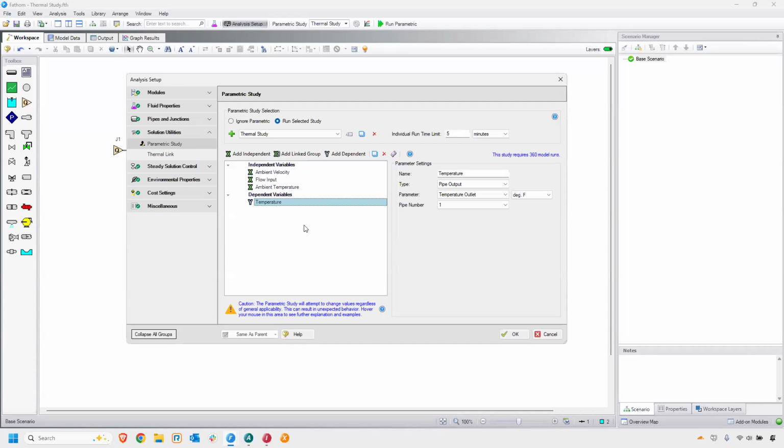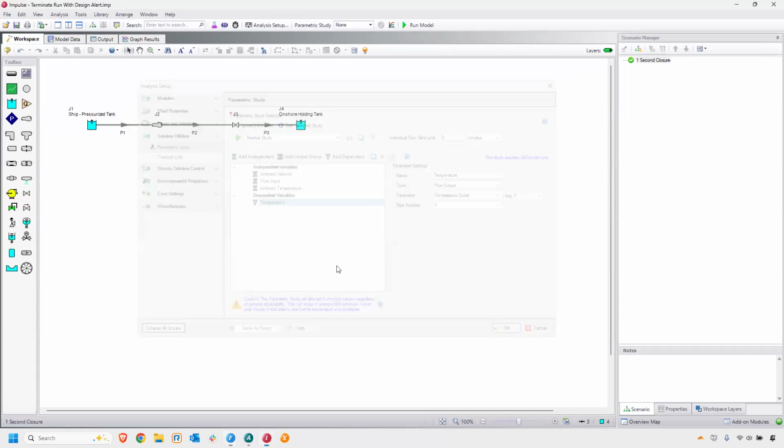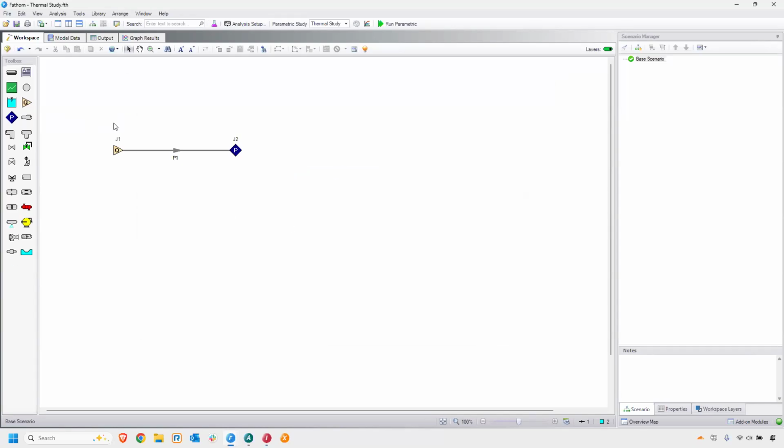So once we've got our parametric study set up, from the main window here, at the top, we can select the parametric study from the dropdown, and then this gives us the ability to run the parametric. To run the model normally, you would just select the None option here for parametric study, and you can see this option changes back to Run Model. When we select our parametric study, it changes to Run Parametric. This is a quick shortcut here to access the parametric settings within the analysis setup,